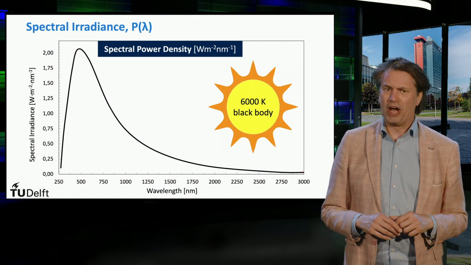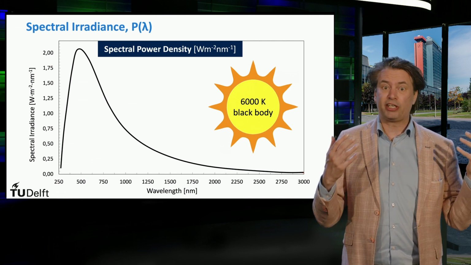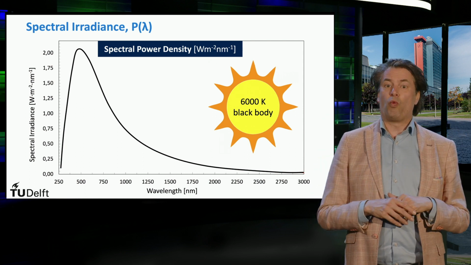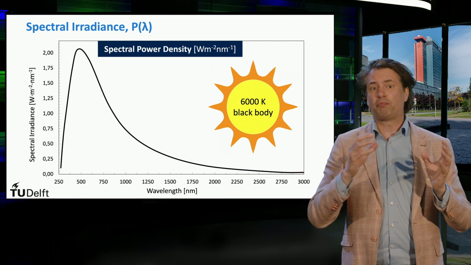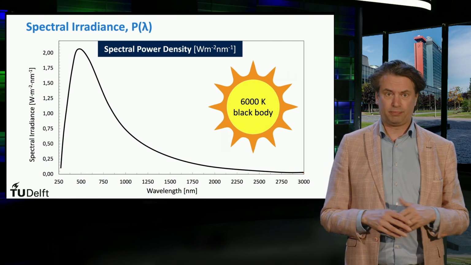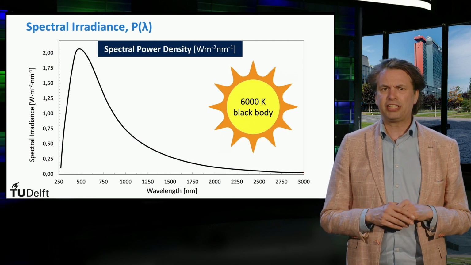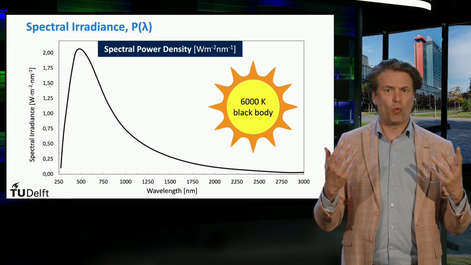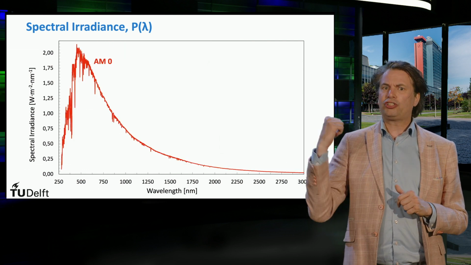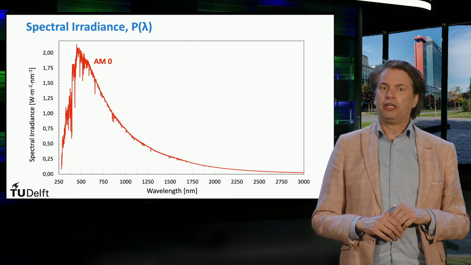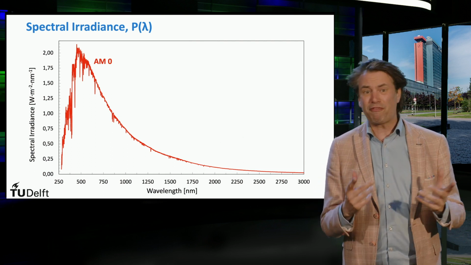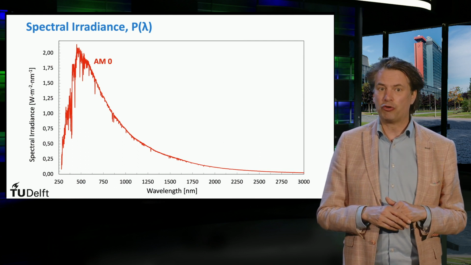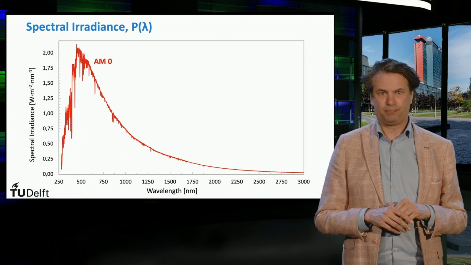This is the most common way of characterizing a light source, expressed in watt per square meter at a particular wavelength. This electromagnetic wave travels from the sun through the outer space until it comes to our planet. Due to the Earth's atmosphere, this nicely shaped black body radiation translates in something wavy and noisy. Just outside the atmosphere of the Earth, the spectrum keeps its regular shape in reference to the spectrum emitted by the sun, and this is what we call the AM0, depicted in red.